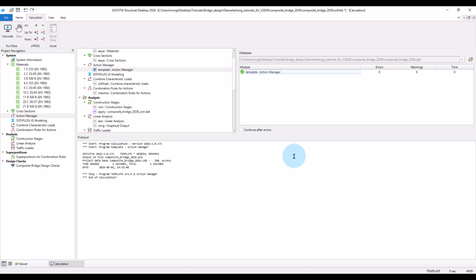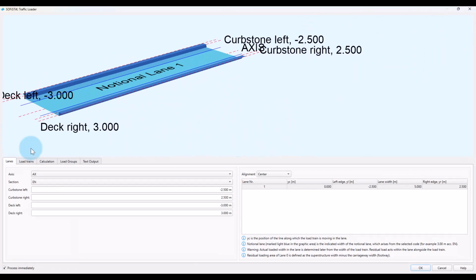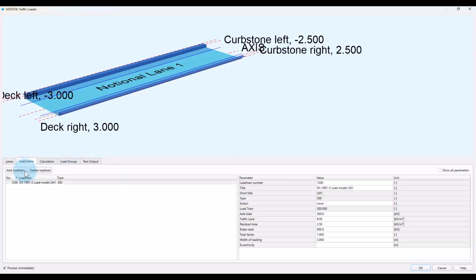Then we calculate the internal forces and moments due to the fatigue load model FLM3 from Eurocode using the traffic loader. Please reopen the traffic loader task that we have already used previously for the traffic loads from load model LM1. Now we add a new load model,